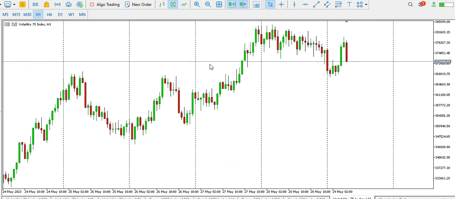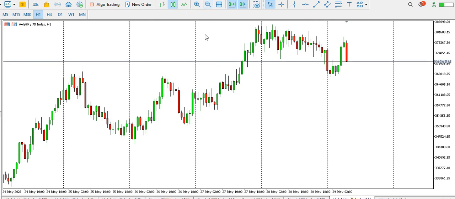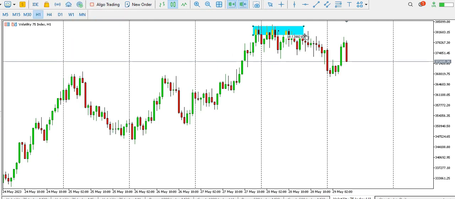On the 1-hour time frame, what do we have? We can see something like a double top forming. Let's put this as the first top, and then we have this particular top as the second top. Now the neckline will be somewhere around here. If that gets broken, you might see price dropping below and then retesting that particular neckline